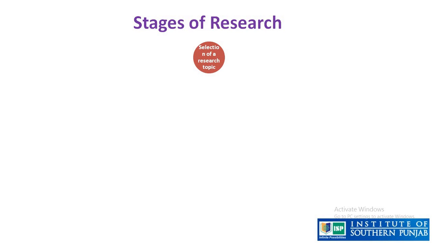Further, this is the flow chart of the different stages of the research. First of all, selection of a research topic. The selection of a research topic and the selection of a research problem are two different things. Selection of a research topic means you have to select any field of research in which you want to do research. For example, there are many